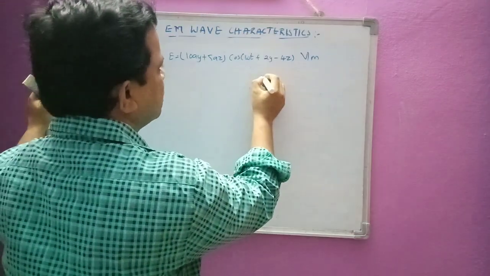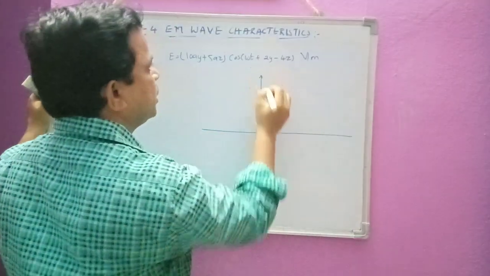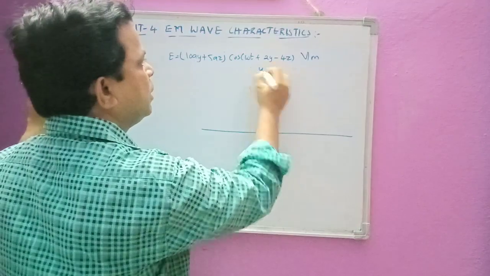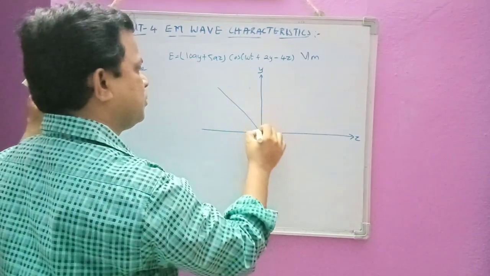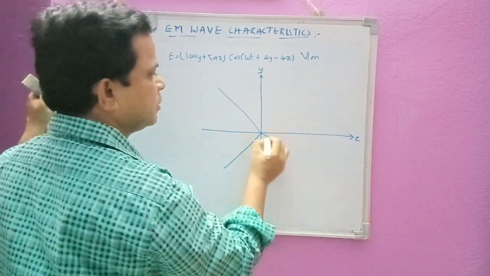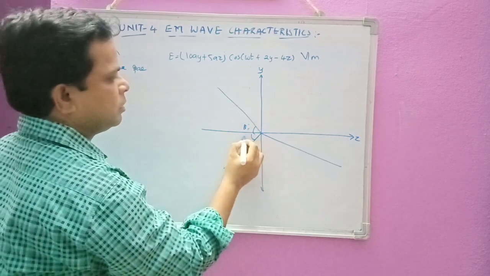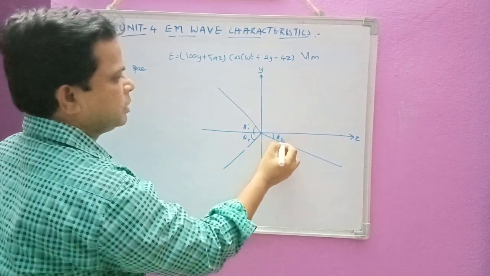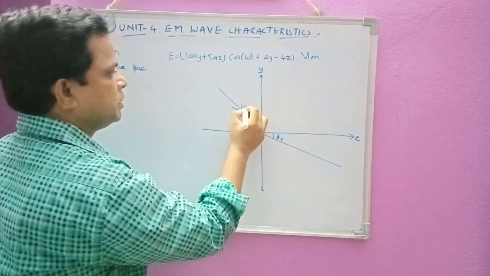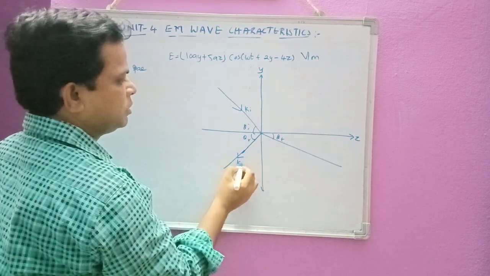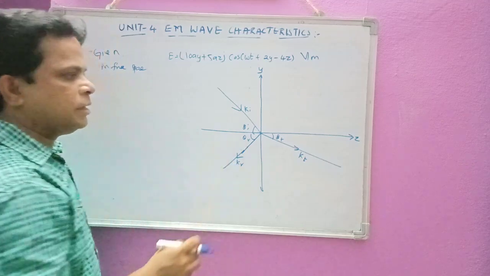Now let me draw the diagram, how it looks. This is the YZ plane. He is telling that Y and Z plane, and it is sin theta I. I will write here the incident and reflected. Here I will write theta I, theta R, both are the same, and theta T. This is the incident, this is the reflected. These are the propagation vectors along these directions, Ki, Kr and Kt.